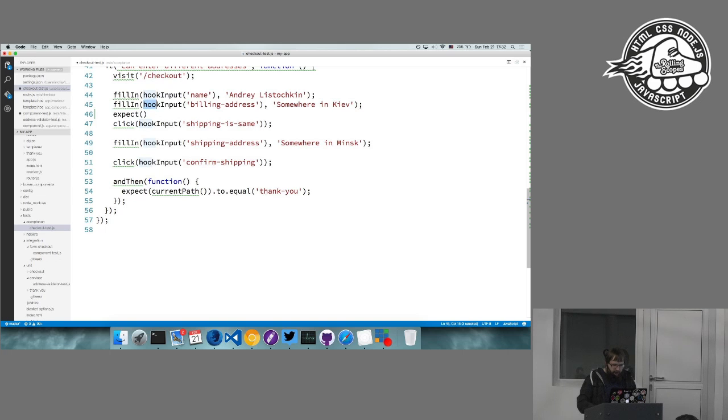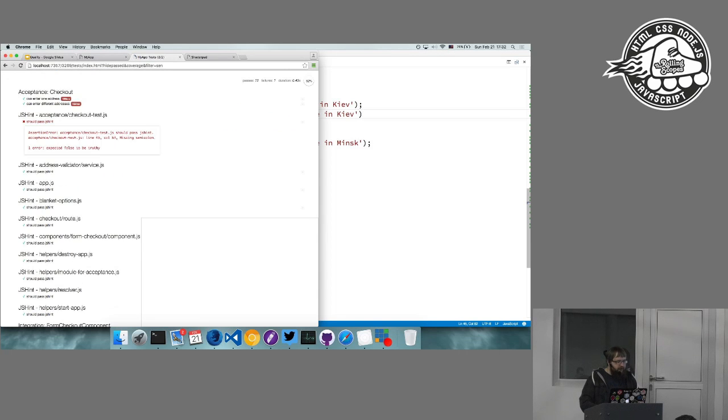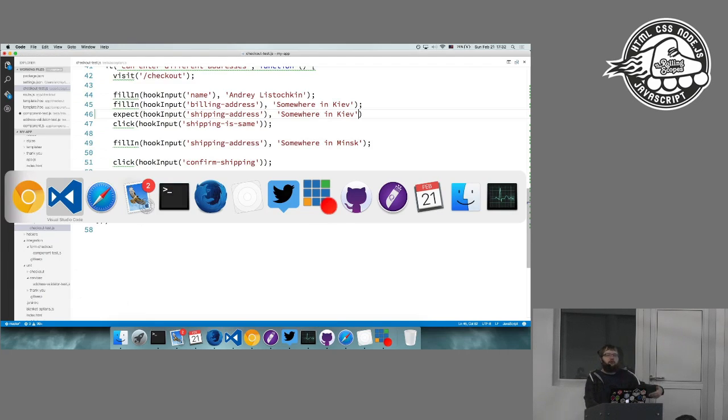I expect this one because I entered the billing address, and my checkbox is checked automatically because here I'm clicking it, right? And I expect my shipping address to be the same as my billing address, right? So this should not let the test pass. Just a hint. Yeah, and the test still passes, right? So this is what you would start doing, and